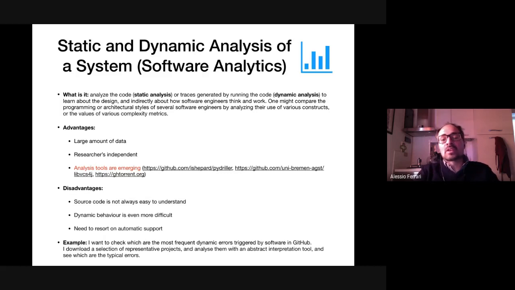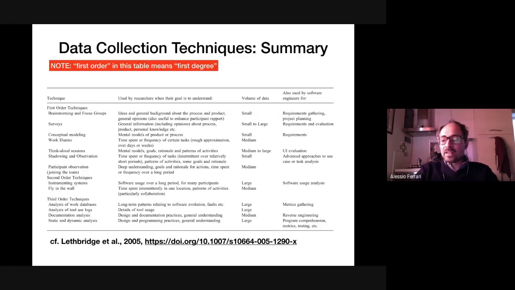For example, why should I use this? Because I want to check the most frequent dynamic errors triggered by software in GitHub. I download some representative software and analyze it with abstract interpretation. Abstract interpretation is a strategy for identifying runtime errors by looking just at the code. And I just count which are the typical errors, okay? So that, for example, I can know that I have to look better at developers of open source software for those types of errors. So as a summary, and then we conclude,